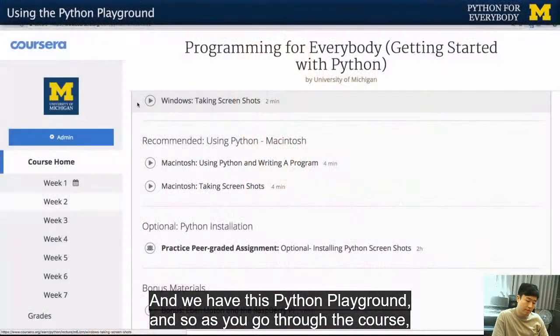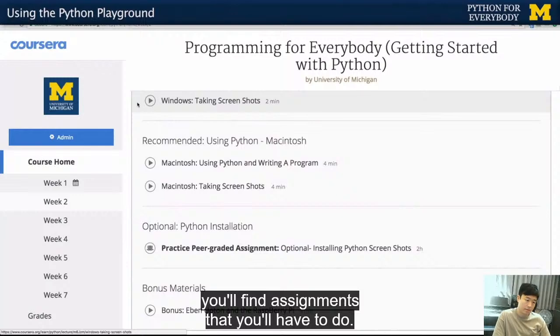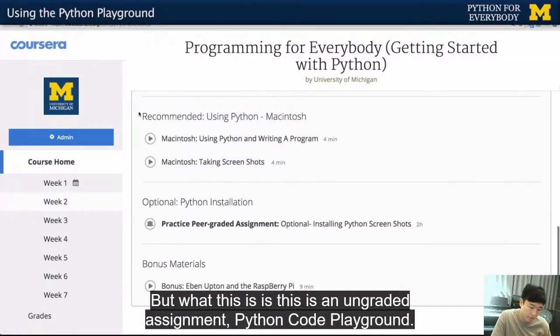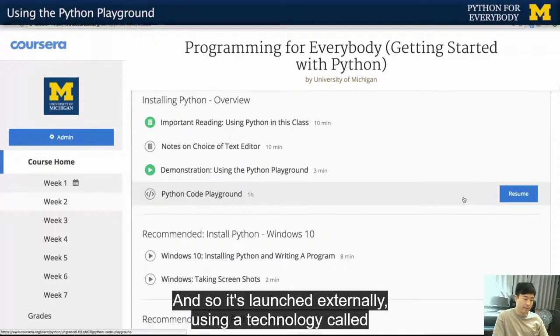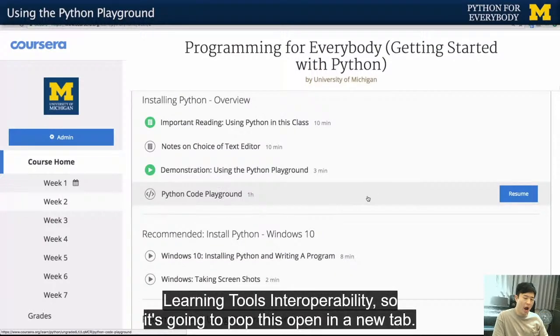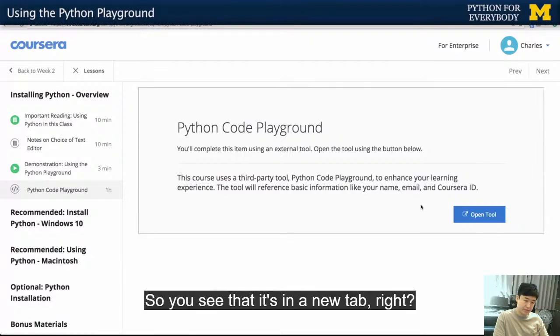And so as you go through the course, you'll find assignments that you have to do. But this is an ungraded assignment, Python Code Playground. And so it's launched externally using a technology called Learning Tools Interoperability. So it's going to pop this open in a new tab. So you see that it's in a new tab, right? And it's the Python